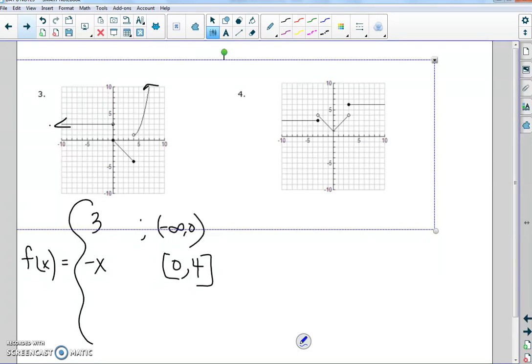And then finally, I'm going from 4 with an open circle to infinity because you have an arrow right there. And you want to figure out what kind of function that one is. Well, that appears, even though we only have 1 point, it's a quadratic. So this appears to be the vertex. Then it went up 1 over 1, then up 3 over 1. So it's been shifted